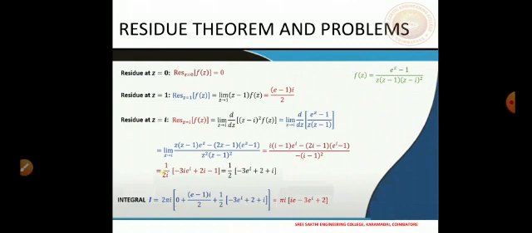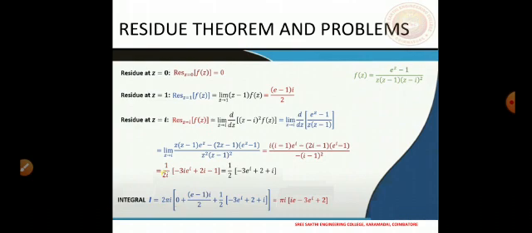For a removable singularity, there will be no terms with negative powers in the Laurent series, and therefore the residue is going to be 0. And the residue at z equal to 1: if you compute now, this was a simple pole, so we basically have to get this limit, which we discussed earlier, z minus 1 times f of z as z approaches 1.